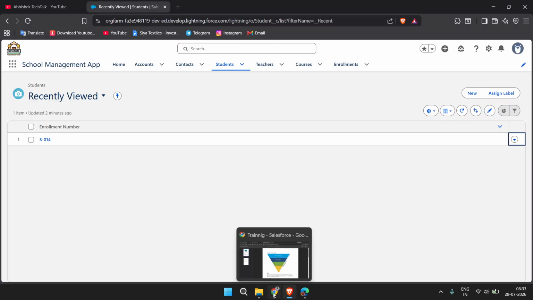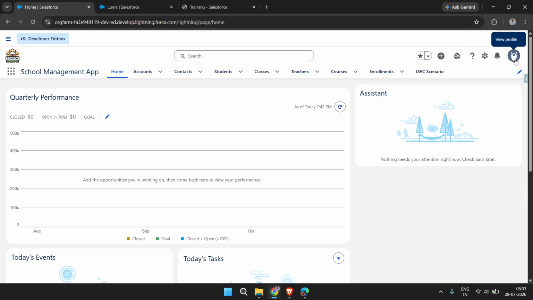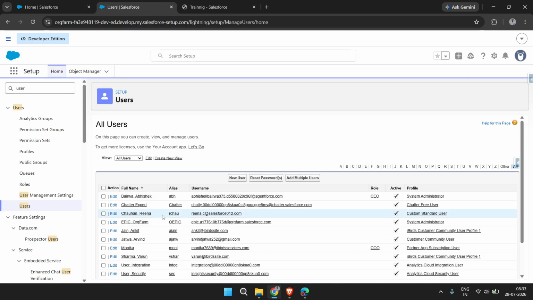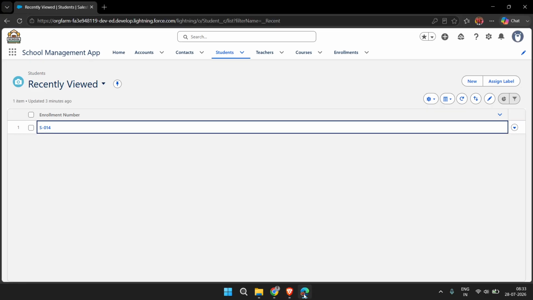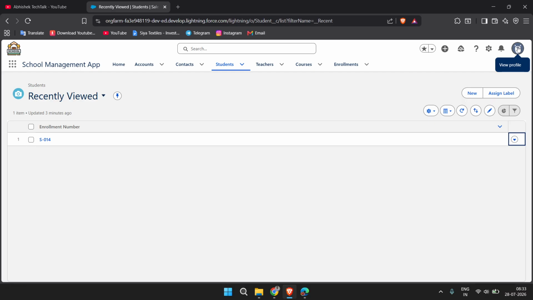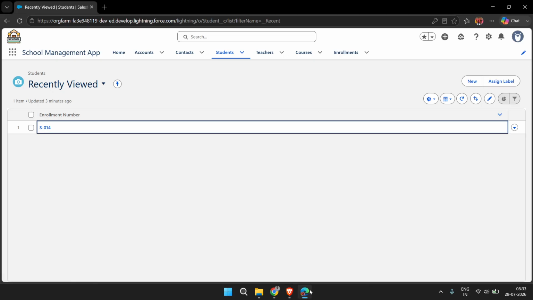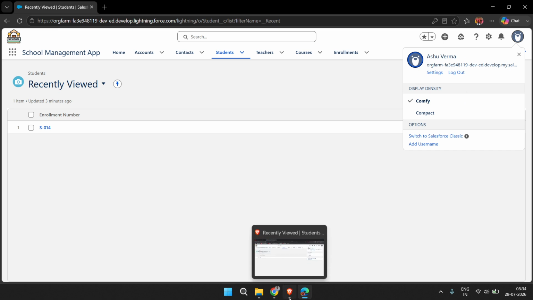For that, I have logged into my org. This org is logged in with the administrator profile, and the admin name is Abhishek Berwa. I have created another two users as well, which I logged in from the Brave browser and the Edge browser. From the Brave browser, I logged in using Ashu Verma. That profile is custom standard user, and from the Edge browser, I logged in as Ashu Verma,